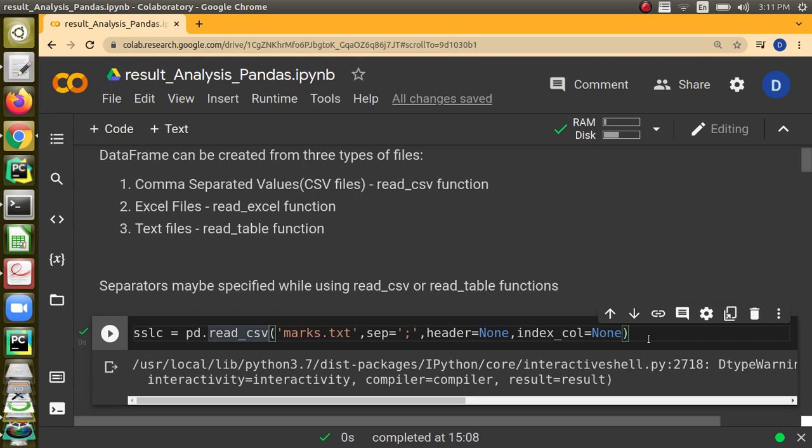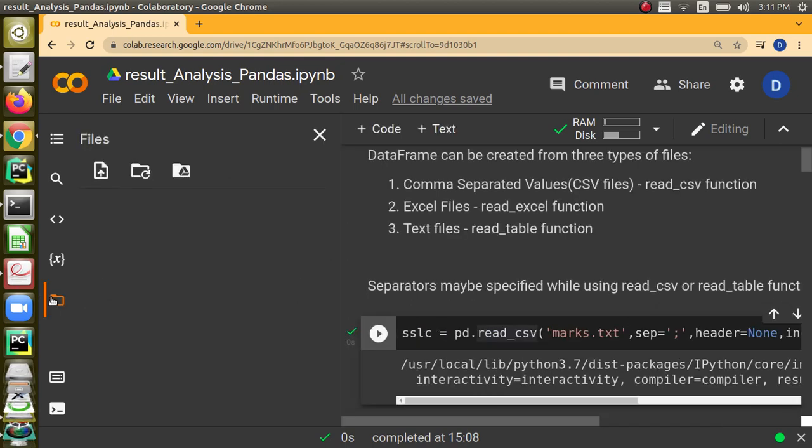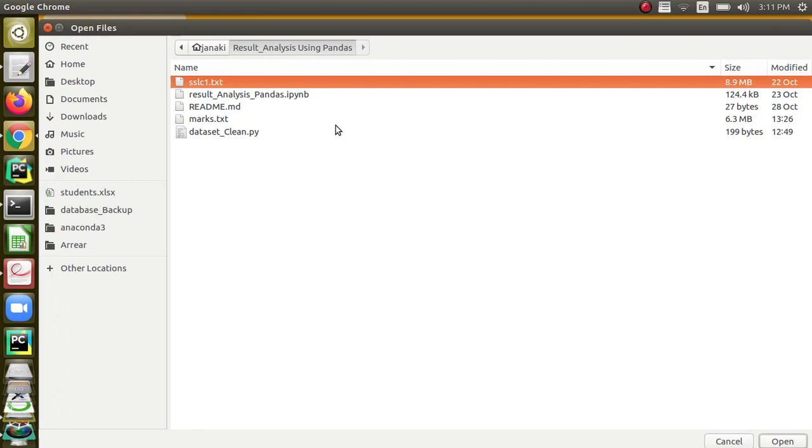Before running this particular cell, we have to upload the marks.txt file. To upload marks.txt, we have to click on this files icon, wait for 1 or 2 seconds, and you will see this upload button coming up. We have to click on this. It will take you to the location.